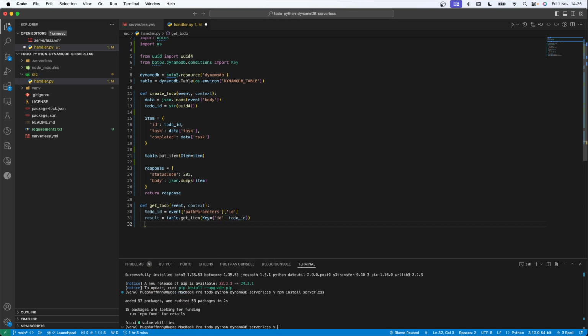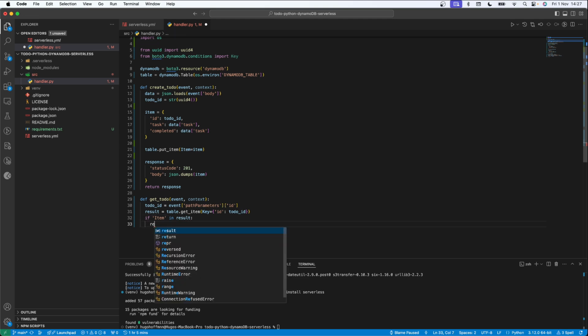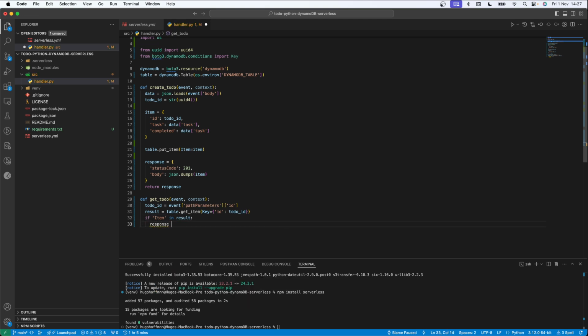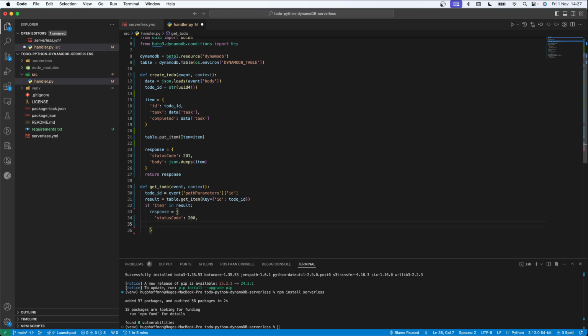Now I'm gonna check if there is some item in result, and for this condition I'm gonna create a response with status code 200 in case of success, and our body is going to be json.dumps(result item),